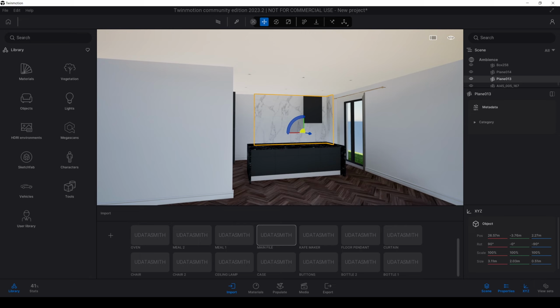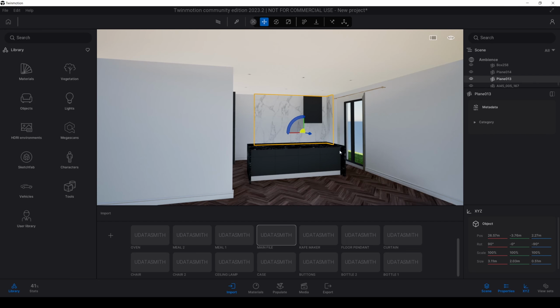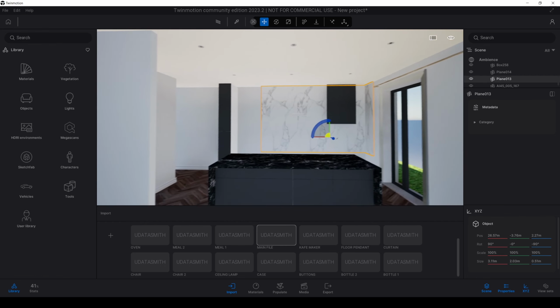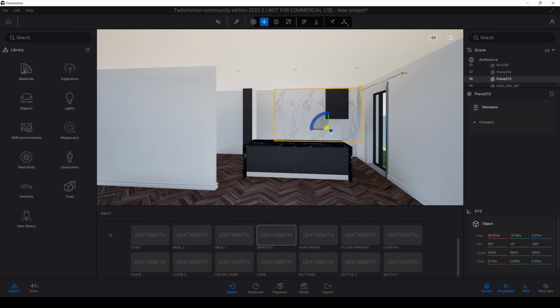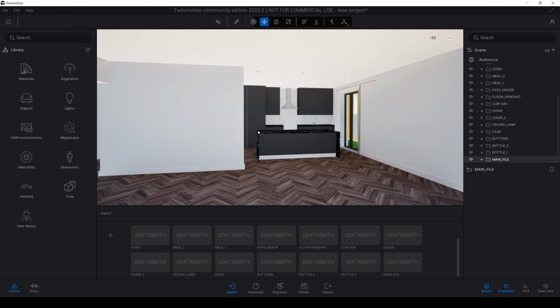If we look at the original file, we will see this. But here we cannot see it because it's not a two-sided material. Actually, it's there. This can be easily fixed by activating this pick material, and from the miscellaneous, clicking two-sided. There we go. Now we can see our cabins.